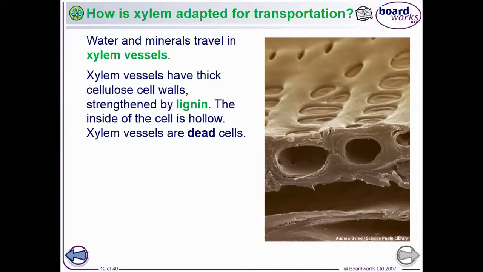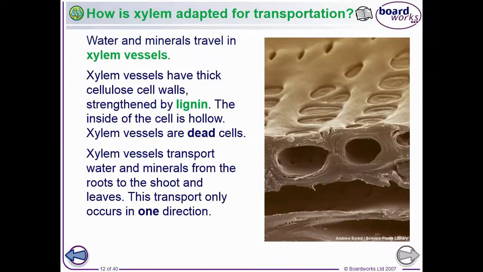So xylem vessels don't have thin walls, they have thick cellular cell walls, okay? And this cellular cell wall is strengthened by a material called lignin. And the inside of the cells are hollow. So the hollowness allows no obstruction to the flow of water and minerals. And of course, they're dead cells. So all of these things together allow the xylem vessels to be very effective at transporting water in one